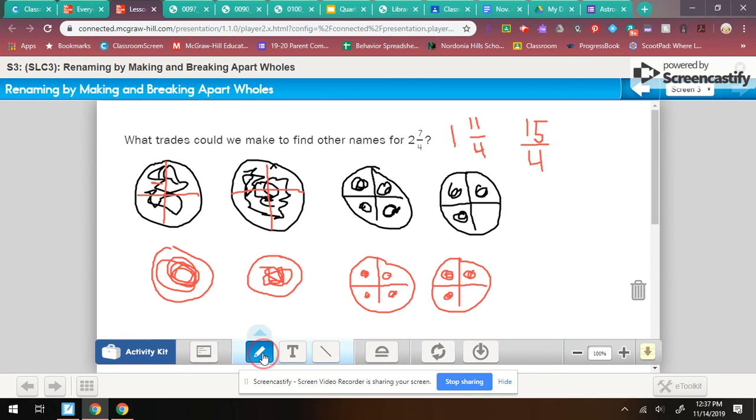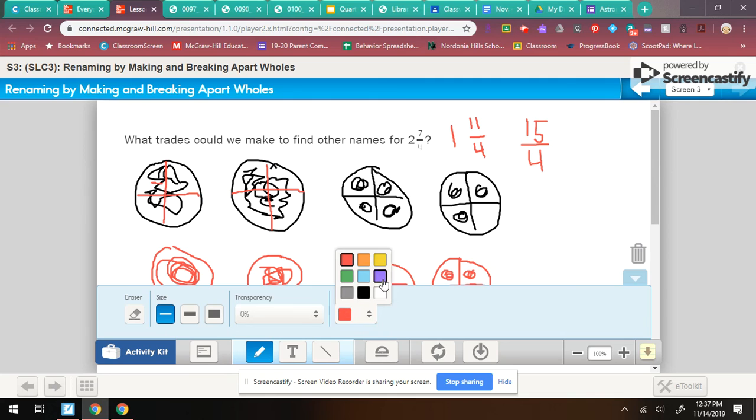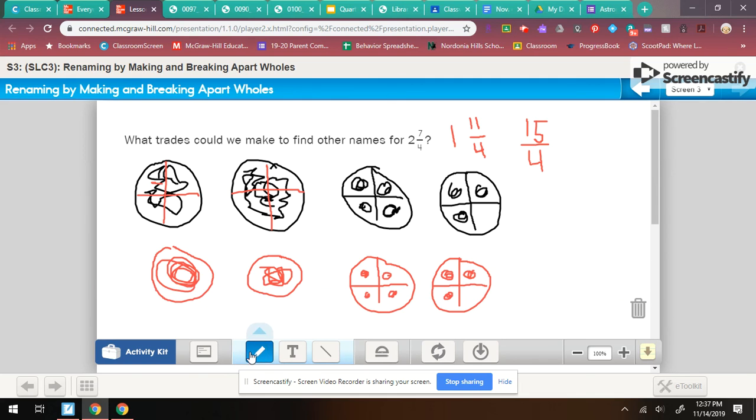Well, this time, what if I take and trade the other way? What if I trade 4 pieces for 1 whole? What if I no longer call this 4 pieces, but I call it 1 whole? Can you come up with a different name? Because now how many wholes do I have? I have 1, 2, 3 wholes. So 3 wholes and 3/4. So you can trade